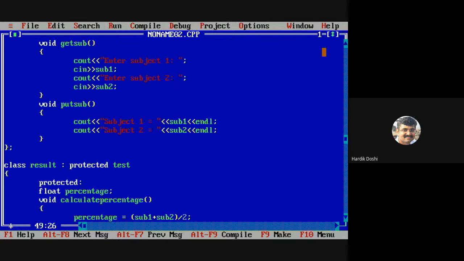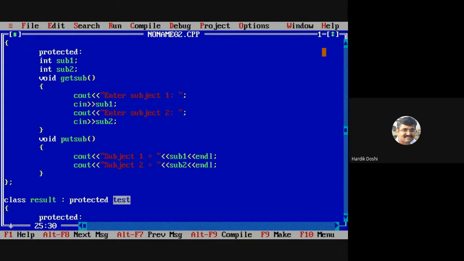That means what will happen now? All the accessible members of test class will go into the protected section of result class. So which are the accessible members of test class? Sub 1, sub 2, get up, put up, get roll, put roll.